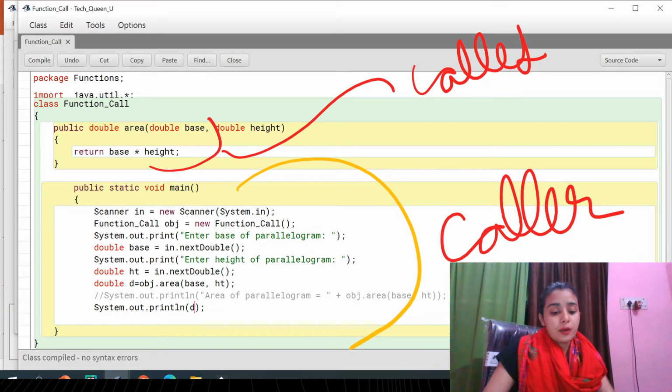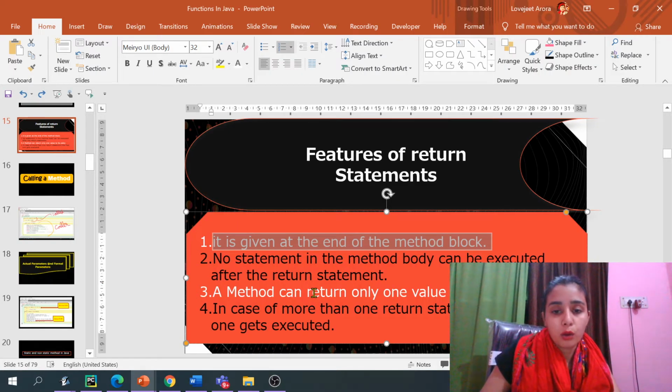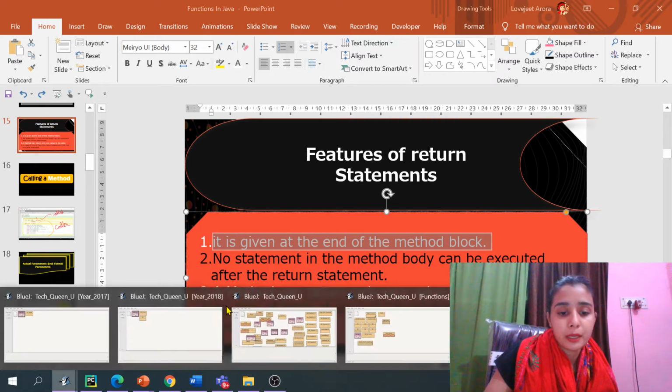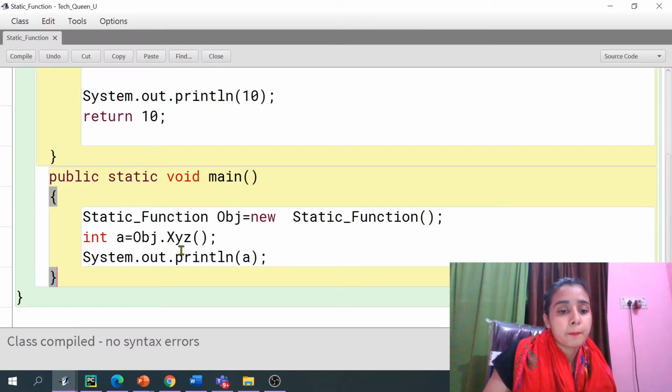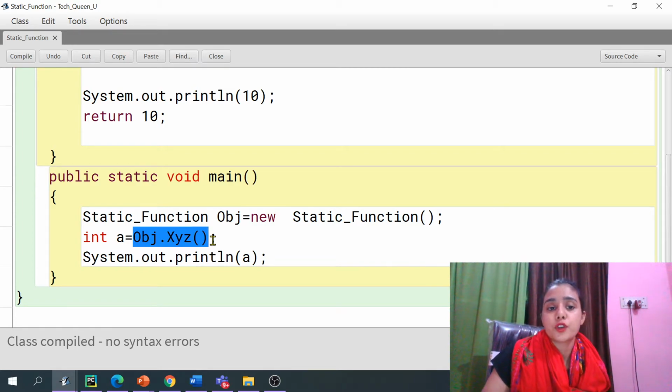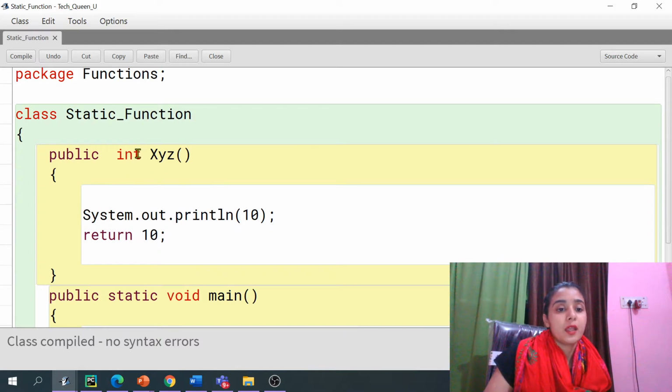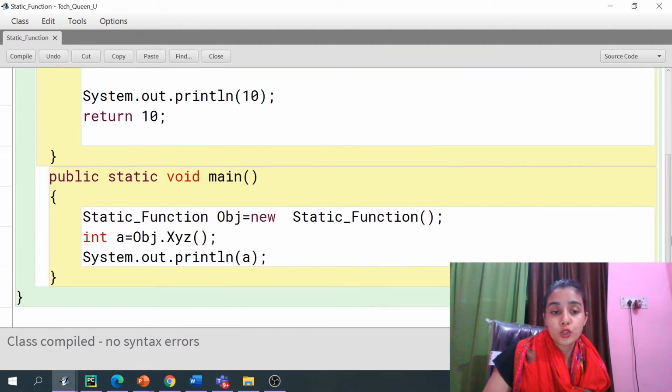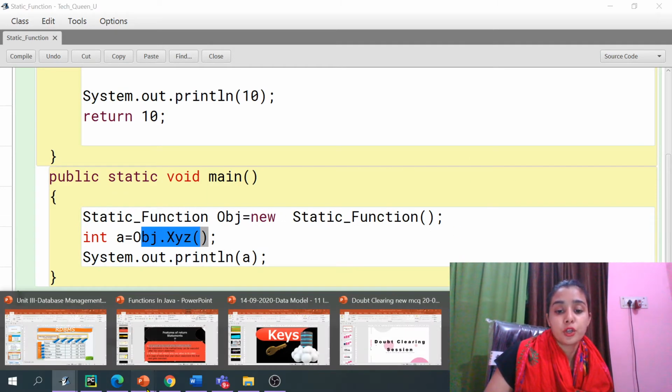Guys, if I go back to the window and open that, okay, so see there, this is called the function call, guys. I'm calling the function. Which function am I calling? The name which I have specified there. I'm calling this function. Okay, so this is called the function call, right?